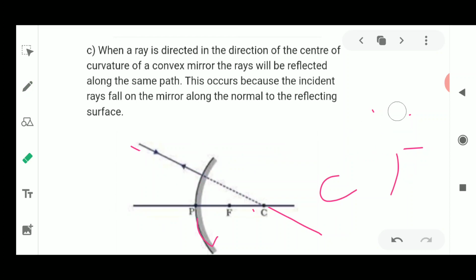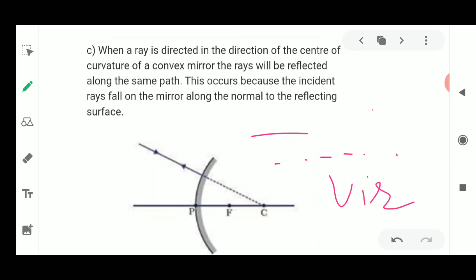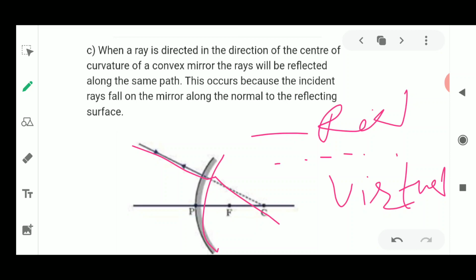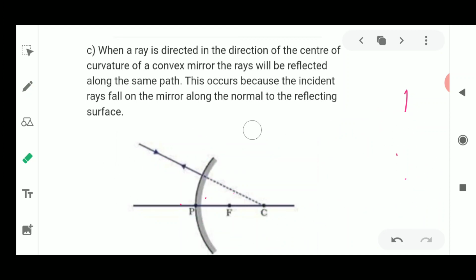But make sure that you always know what this dotted line means and what this solid line means. So this is a solid line and this is a dotted line. Here the dotted line shows you the virtual thing, and this is the real thing. Here this much you can see, but after this you cannot see. So this becomes virtual, and that is why it is drawn as a dotted line. Please remember the meaning of the dotted line here. Whenever you have to show any virtual thing, you show it with a dotted line, and solid lines show you the real things.